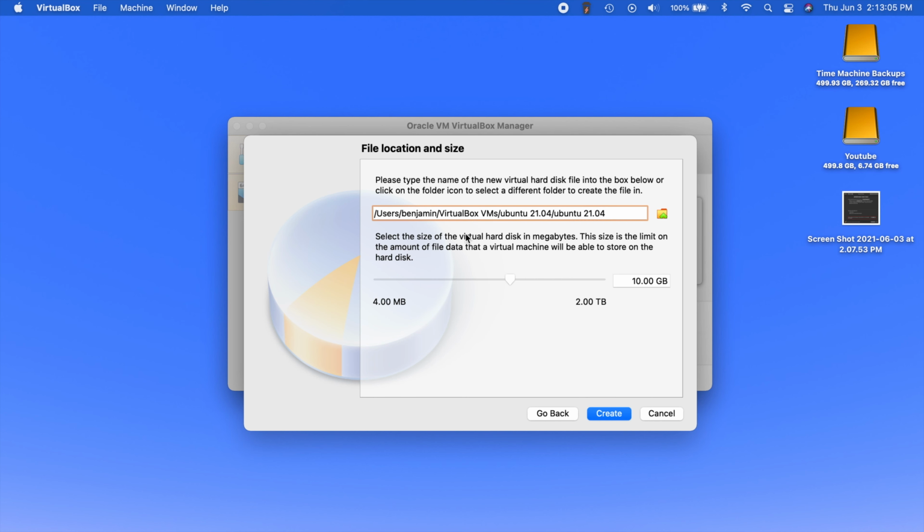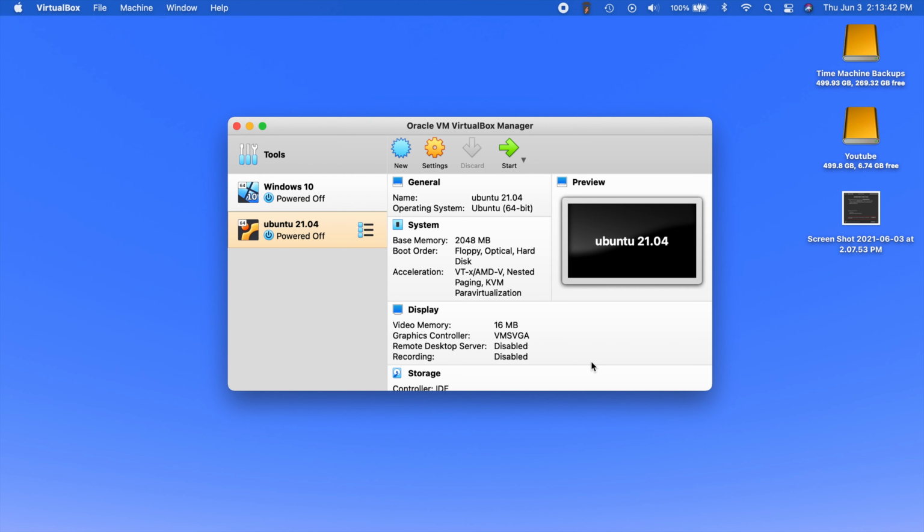Now we want to go ahead and choose our virtual hard drive size. For the purpose of this video, I'm only going to do about 32 gigs. Again, this is just a test, but it's very important to note here that this cannot be changed after it's done here. So if you run out of space on your virtual machine, well, you're going to have to restart, delete it and redo the whole thing. So be sure you know how much storage you're going to need, and be sure to set it correctly right here. Now once you do that, you go ahead and hit create,